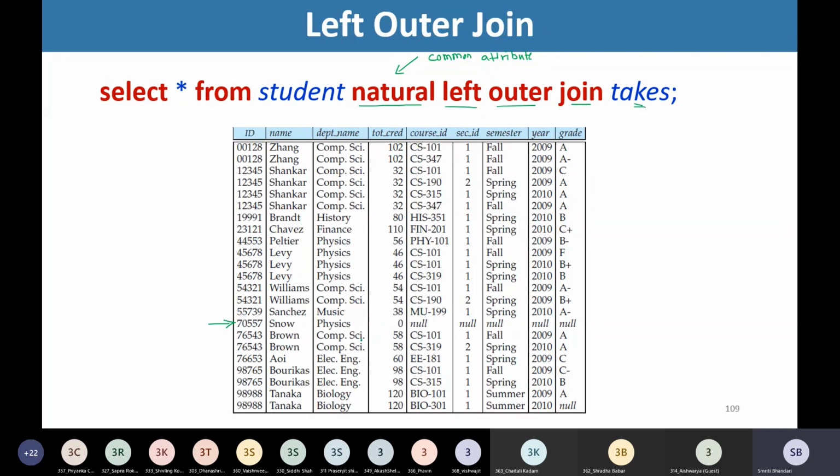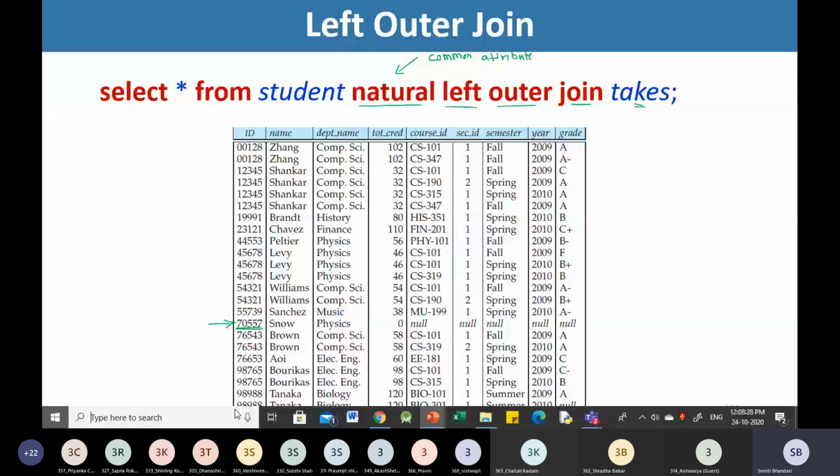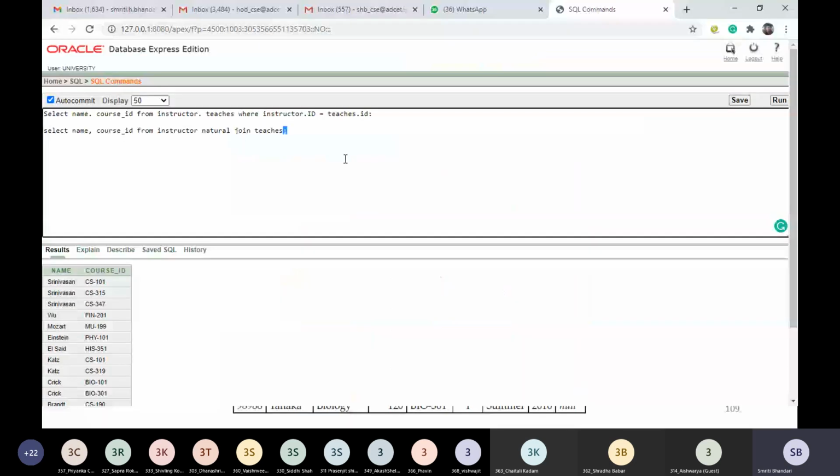But as there is no match for this tuple in the right hand side relation, takes, the respective attributes from the right hand side relation are replaced by nulls. Are you getting me? So we have retained this particular student in the result, even though he has not opted for any of the courses. Yes, ma'am. Fine.